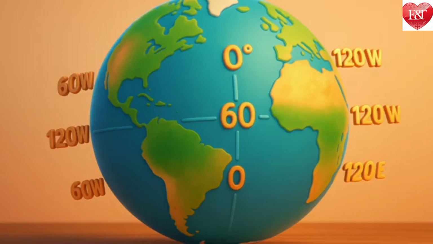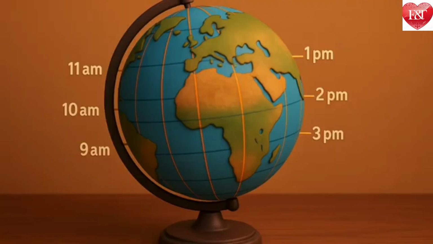It is the same as adding 1 hour of local time with each meridian. If it is 12 p.m. or noon at Greenwich, it is 1 p.m. local time at 15 degrees E, 2 p.m. at 30 degrees E, and so on. But going westward, it is the other way round. 11 a.m. local time at 15 degrees W, 10 a.m. at 30 degrees W, etc. The same method can be used to calculate the local time of any place on the earth.